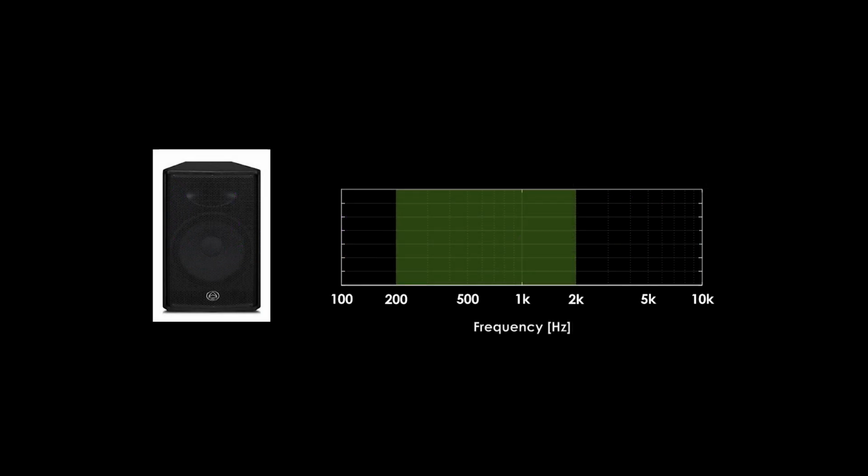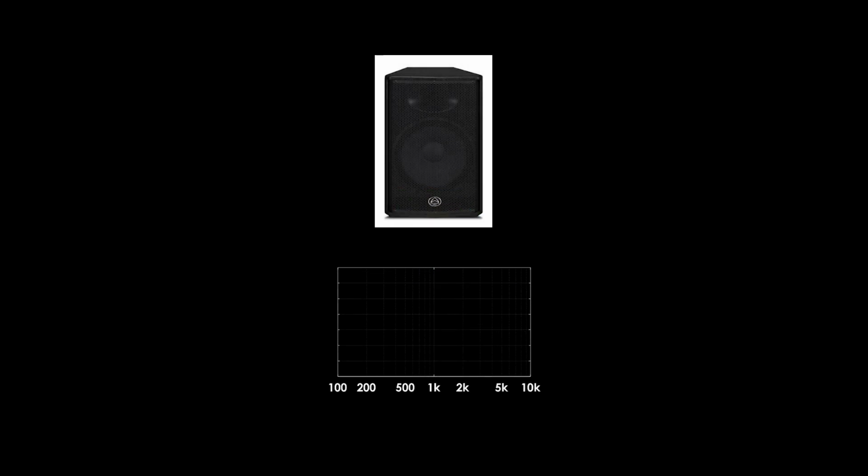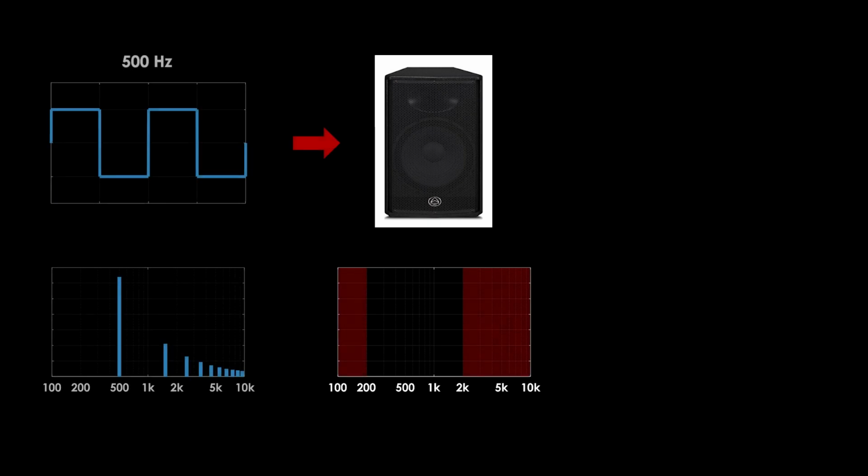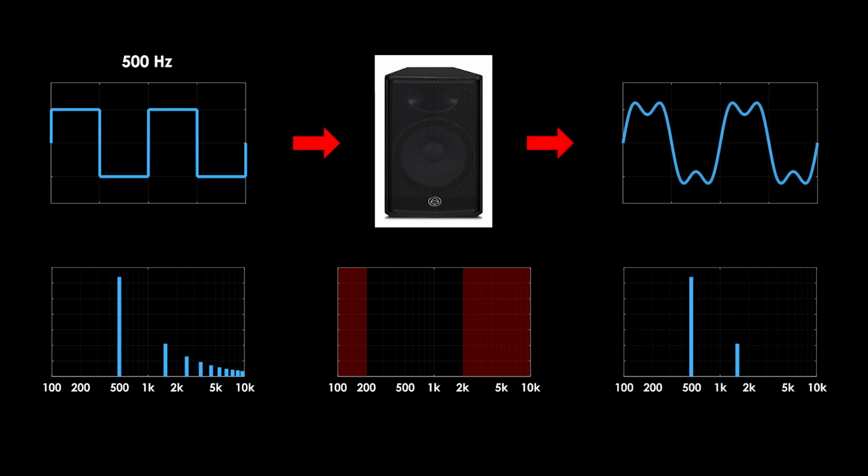Loudspeakers have certain frequency ranges that they can reproduce. Even if the frequency of the wave itself is within the range, we have to remember that the wave can also include higher frequency components. If we have a mid-range loudspeaker with a range of 200 Hz to 2 kHz, and we try to play a 500 Hz square wave, the components higher than 2 kHz would be removed, which would change the appearance and the expected timbre of the square wave. The second wave is what would actually come out of the loudspeaker. Technically, this is filtering, but we will talk more about filters in the next episode.